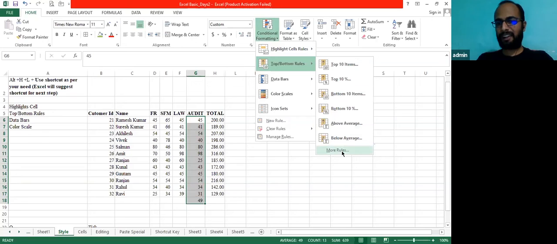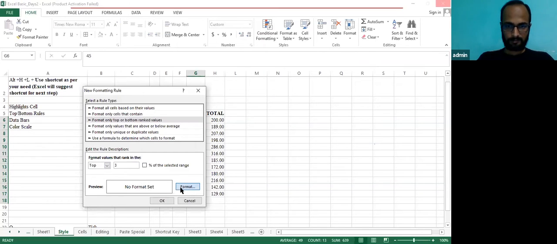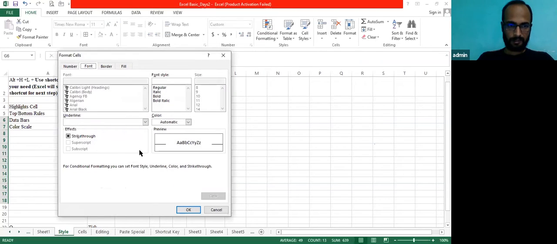You can also define your own rules by clicking more rules. Let's suppose I want to see only top 2, top 3 rank holders. You can see here, we have not set any format. So we will click here, format. It's working slowly.